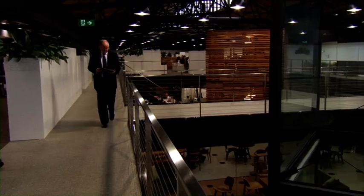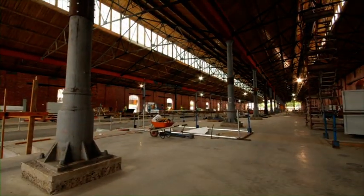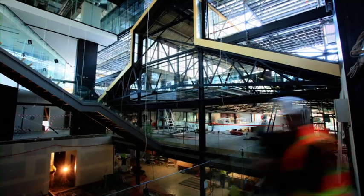It was a fantastic conversation because the conversation was about how we'd bring this old building to life, but how we'd do it environmentally. Every day we're reading in the papers about climate change. People are very concerned about greenhouse gas. People are very focused on what is going to be part of the solution. And I'm really excited about the fact that the building sector can provide immediate benefits in relation to reducing energy, saving water and producing fantastic outcomes that are going to be ultimately part of the solution when it comes to